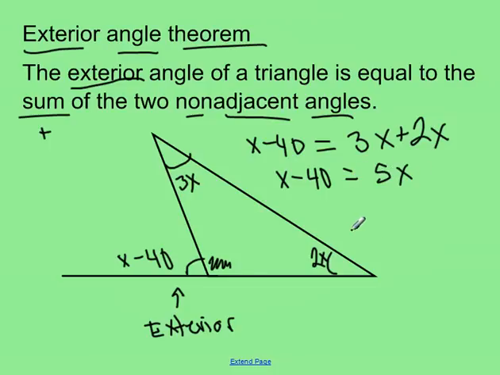I'm going to go ahead, this is a very bad problem that I just made here. Bear with me though. I'm going to bring all my x's to one side, so I'll subtract x, giving me negative 40, because that subtraction sign becomes a negative, equals 4x, which then tells me that x is negative 10,